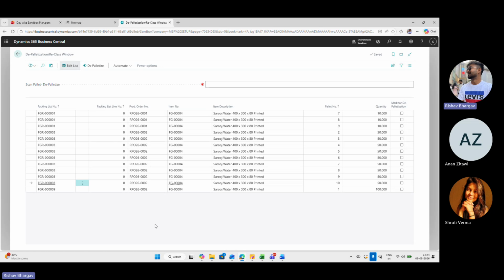When we receive the FG, we receive it pallet-wise, right?